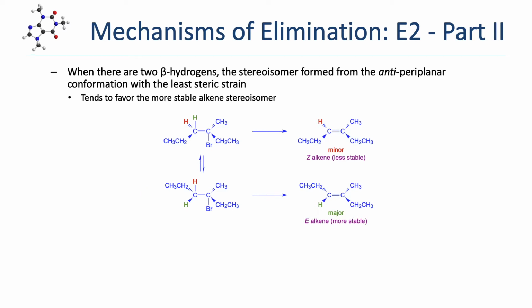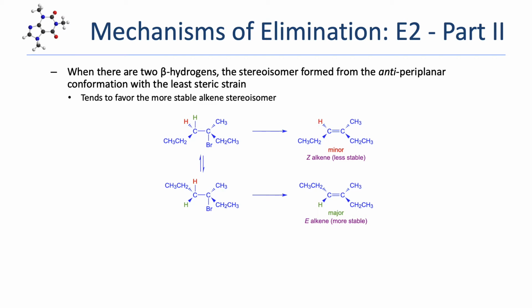E isomer. Because the lower conformation places those two large ethyl groups far away from each other, it's going to have less steric strain and be more stable than the top conformation. Because it's more stable, there will be more of this conformation at equilibrium, and that higher concentration will lead to a faster reaction. So while the explanation is complex, the outcome is actually quite simple. When E2 occurs on a reactant that has two beta hydrogens, the more stable alkene stereoisomer will be the major